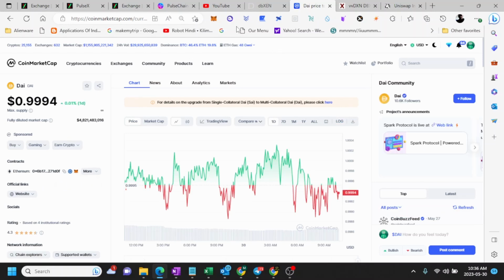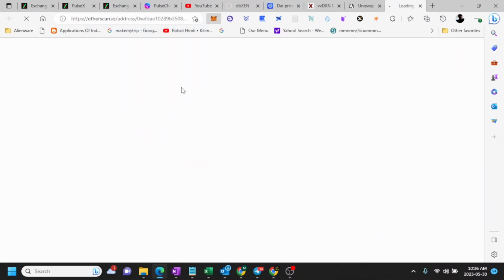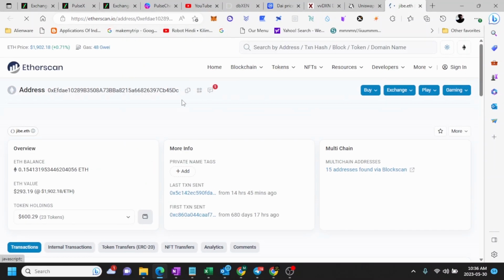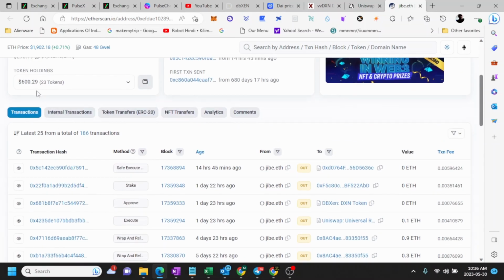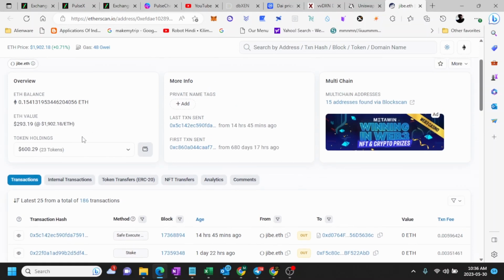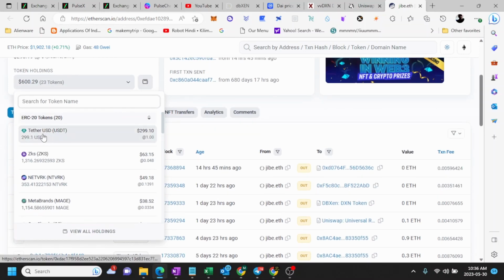Same process you have to follow, or alternatively, on the Ethereum, you can go to view account in Explorer, etherscan.io. Here you can actually see those tokens. For example, I can see there are $600 in my Metamask account, and if I drop down here, you can see at the very top Tether USD, 299.1 it's showing. If I click on that,